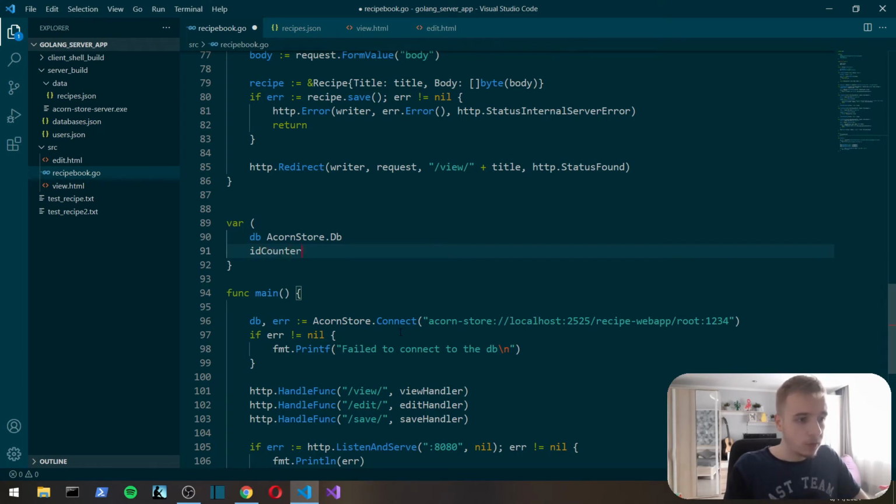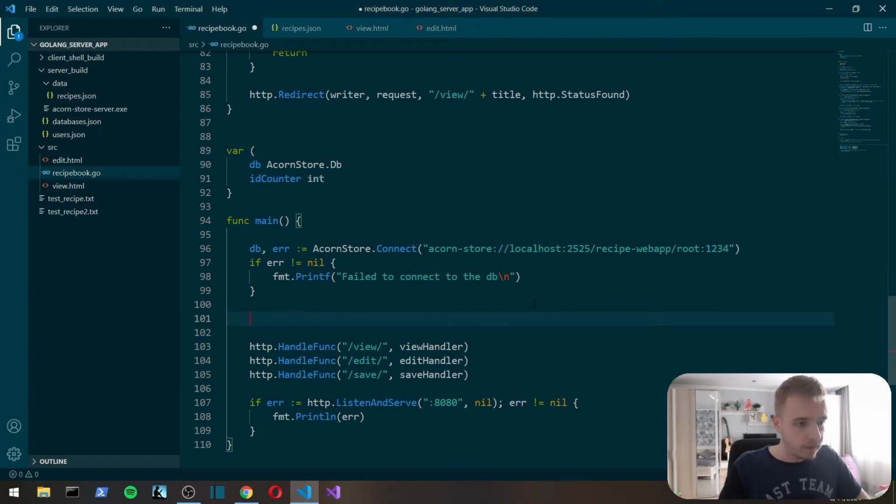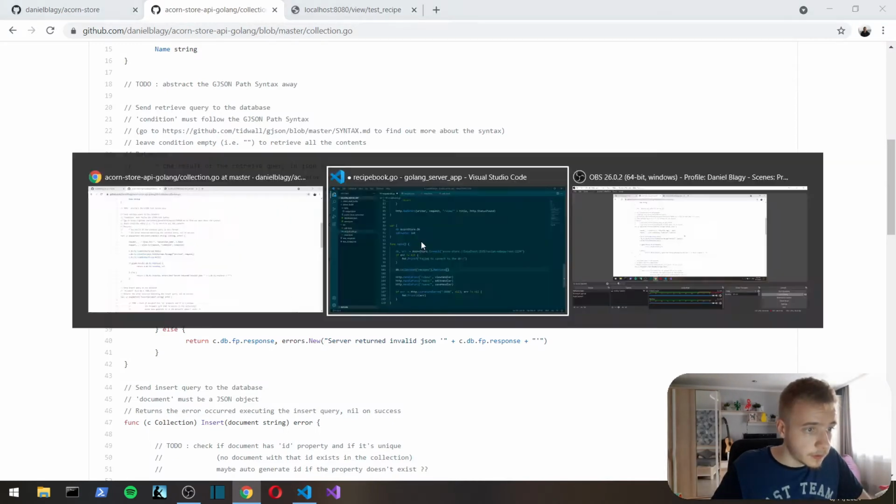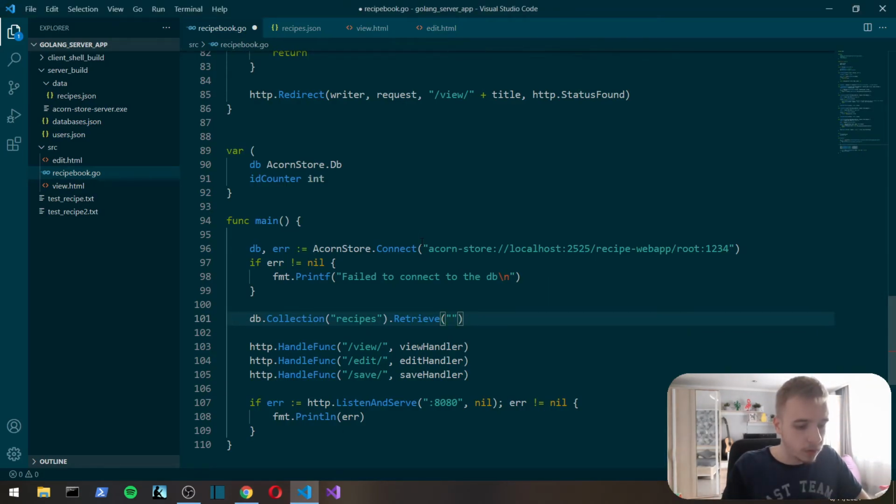ID counter int. We can have db.collection recipes, retrieve condition, and we're gonna retrieve the size. It's not gonna be good, but for now we're gonna retrieve the size. Then we're gonna do ID counter equals string convert